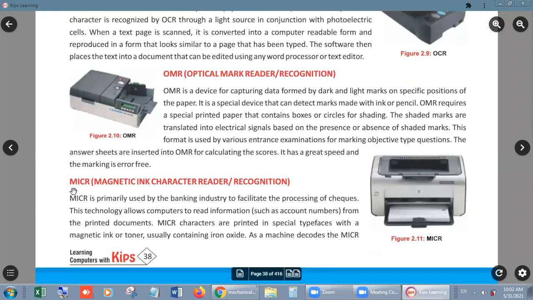Next is MICR, magnetic ink character recognition. This kind of characters are used with the magnetic ink type, just like on checks, check of bank, right? So this is MICR.